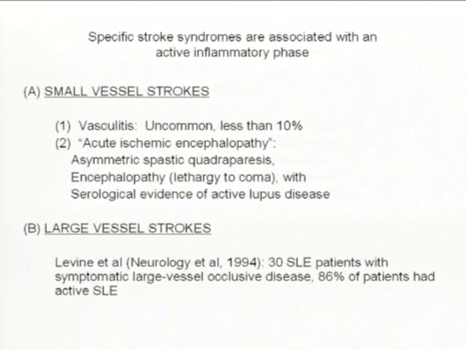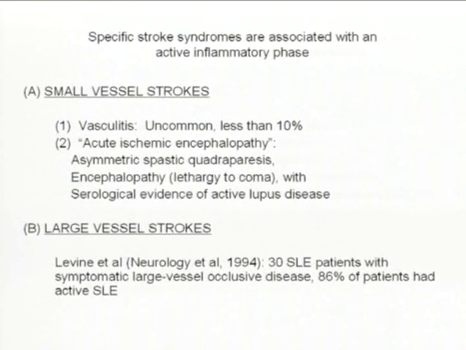Now, when it does occur, it's usually clinically transparent and manifests as what's called an acute ischemic encephalopathy. These patients are profoundly toxic. They have waxing and waning levels of consciousness, from lethargy to frank coma. They present with an asymmetric spastic quadriparesis. And there's usually robust serological evidence of active lupus disease, including hypocomplementemia and anti-double-strand DNAs. The differential diagnosis of this is antiphospholipid antibody syndrome, called the catastrophic syndrome, but catastrophic antiphospholipid antibody syndrome does not